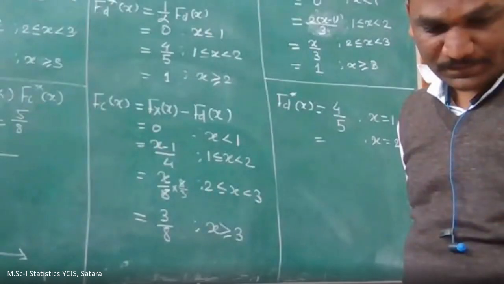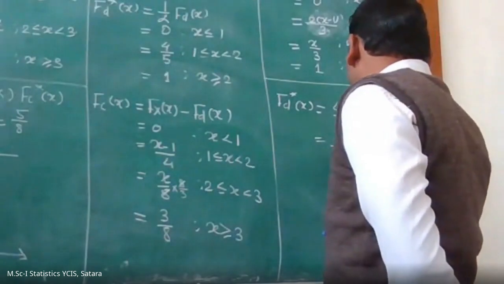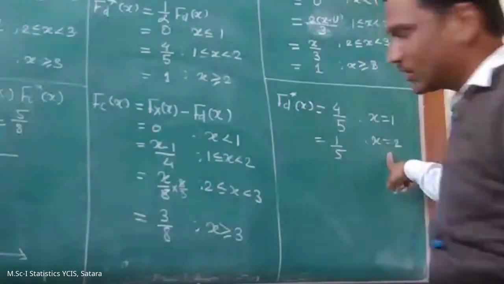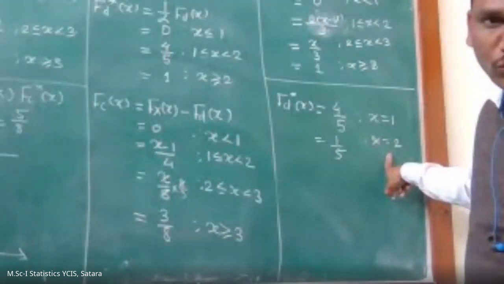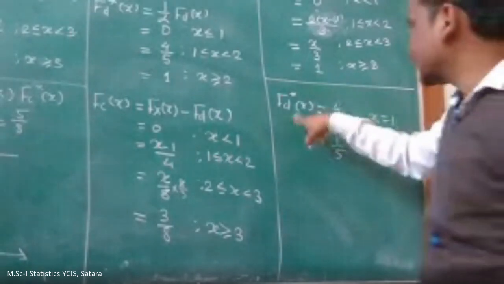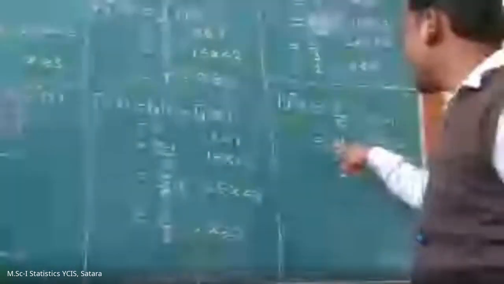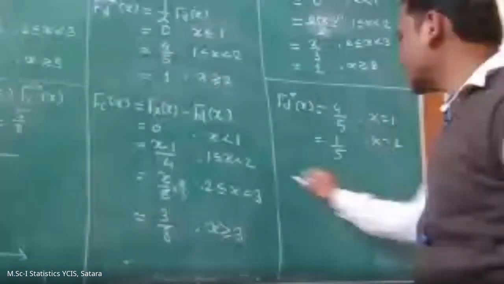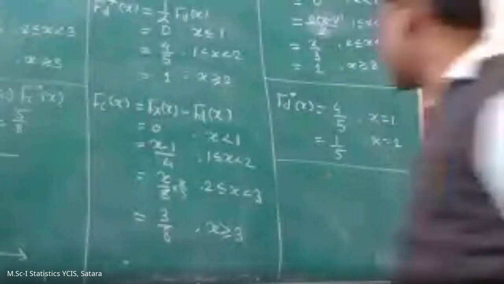So it is equal to 1 by 5, at x is equal to 2. Therefore, f star of x is equal to 4 by 5 at x is equal to 1 and is equal to 1 by 5 at x is equal to 2. Similarly, fc star of x